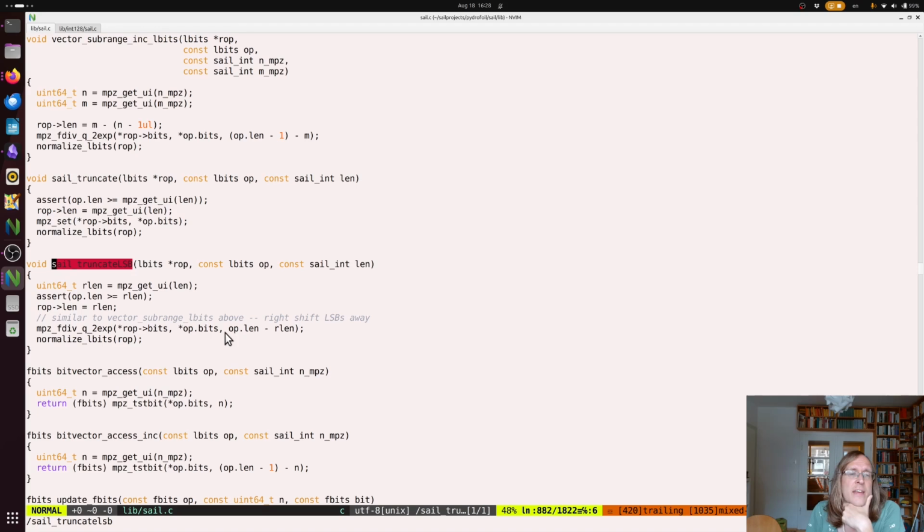So it takes the length of the bit vector and then it shifts out the lowest total length minus the result length, and the resulting bit vector is of rlen, which is the length of the result. Okay,